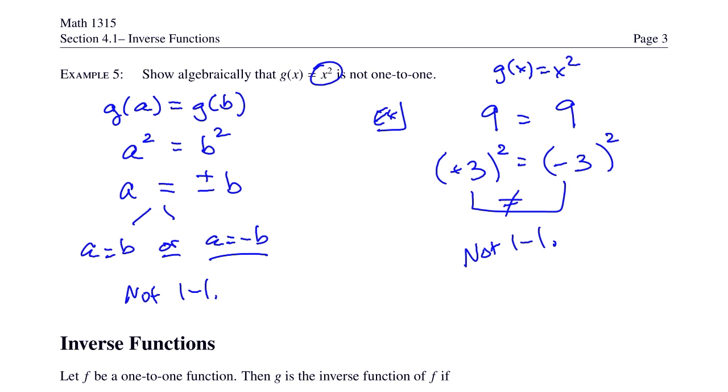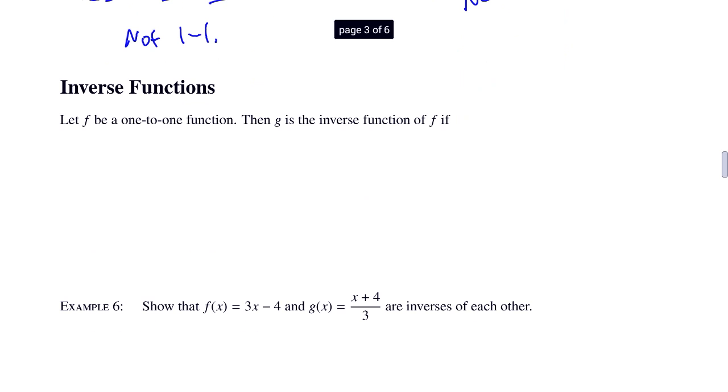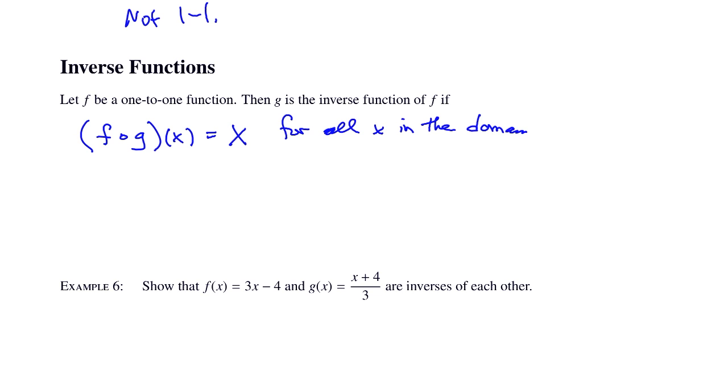All right, let's take a look at inverse functions. Let f be a one-to-one function. So to start to find an inverse, you've got to have a one-to-one function. Then g is the inverse of f if these two things happen. You take f composed with g of x, and that is equal to x for all x in the domain of the g function, the rightmost function,